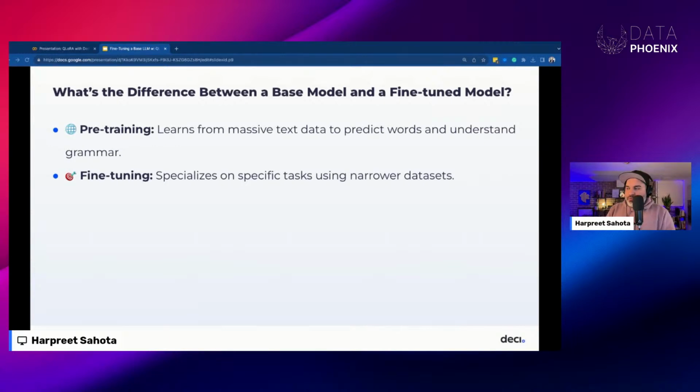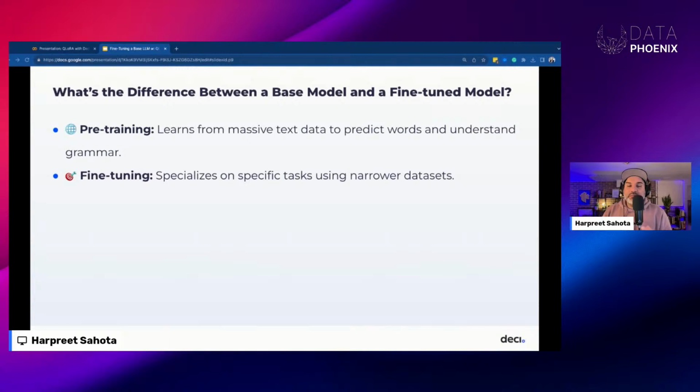But after the pre-training process, you're left with an artifact, and that artifact is a base model. This base model is what you can then take and fine-tune for further downstream tasks. Fine-tuning essentially is just continued training of a pre-trained model on a specific, usually smaller, data set. This is a step that allows a model to adapt to specific contexts or needs of a particular application or task. During this process, the model's parameters are going to be updated based on what it's seeing in the new data set.